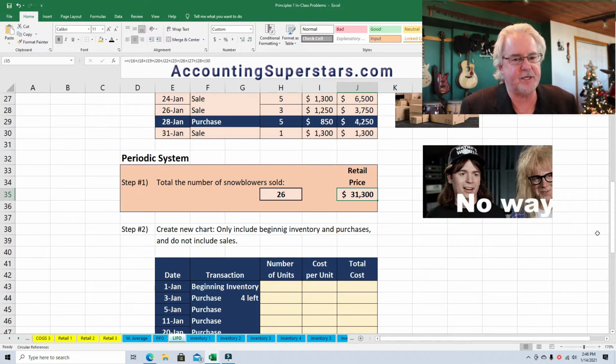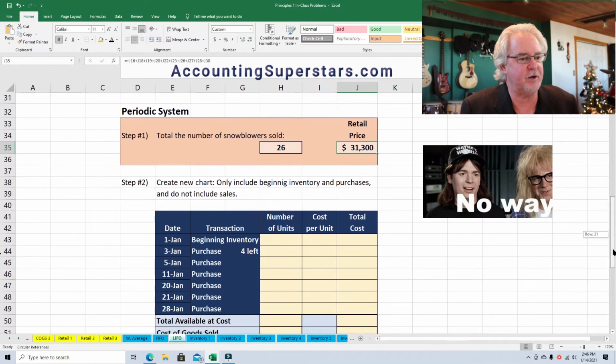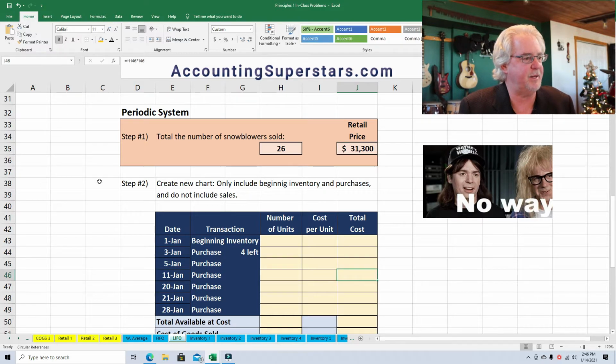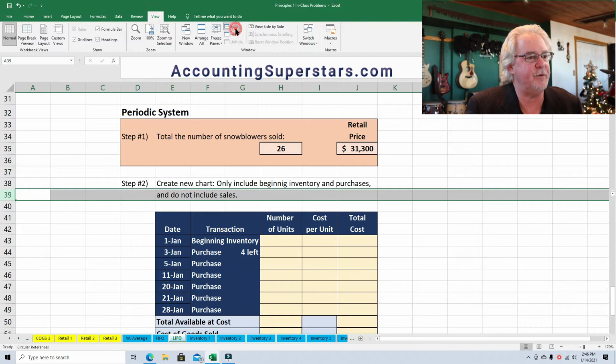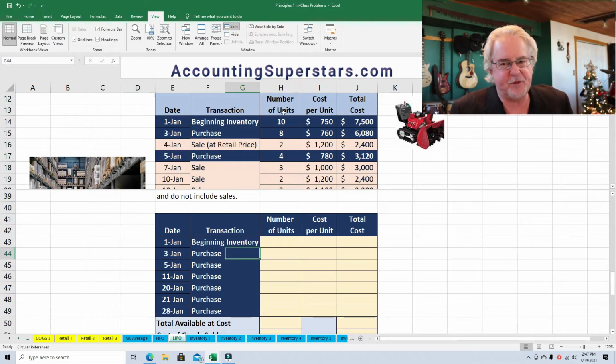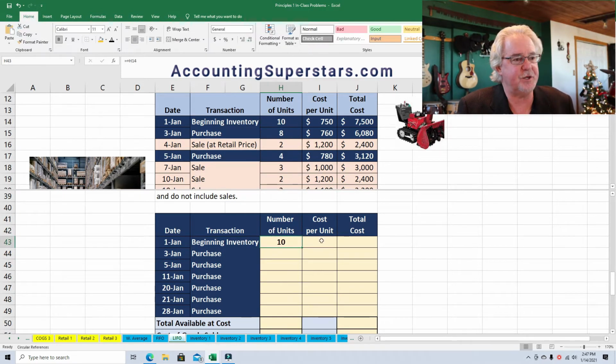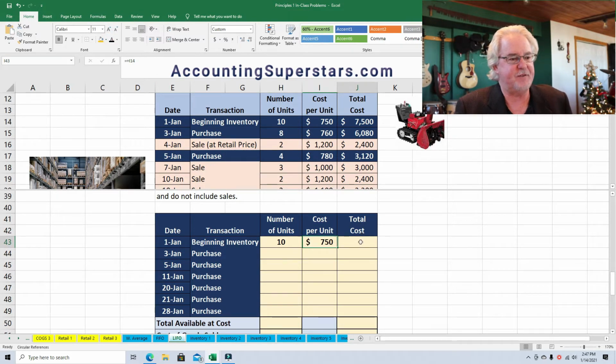I'm going to create another chart here and simplify things a little bit. I'm going to split the screen so we can see two things at once. On the upper half of the screen, we have the original chart, and down below we have another chart that we're going to use to make this last in, first out inventory system a lot easier for us. So beginning inventory: the number of units in beginning inventory, from the original chart, is 10, and the cost per unit is $750 per unit. And 10 times 750,